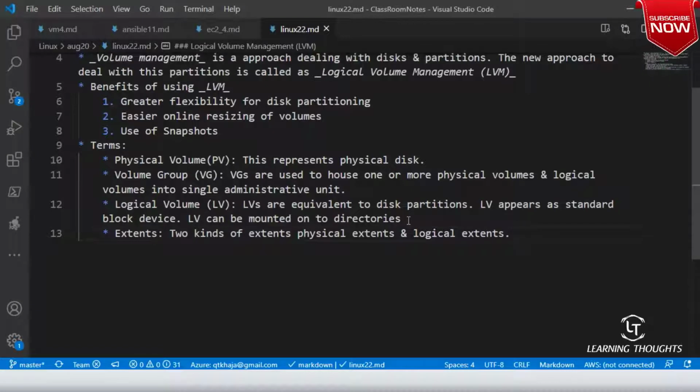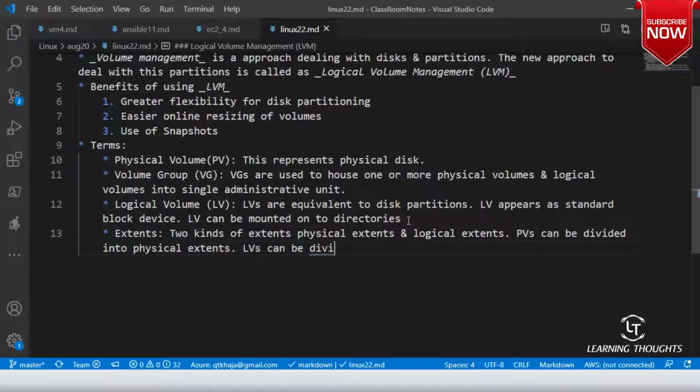Physical volumes, PVs, can be divided into physical extents, and logical volumes can be divided into logical extents.